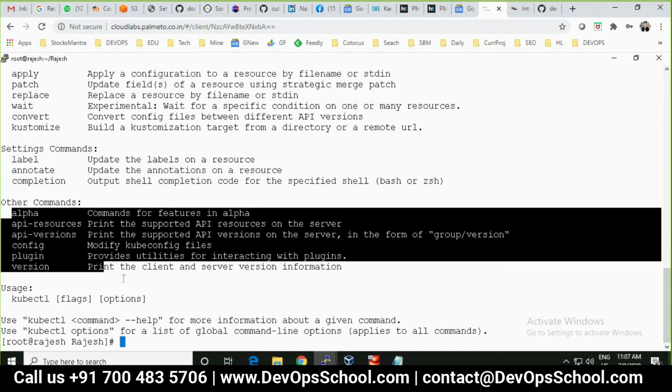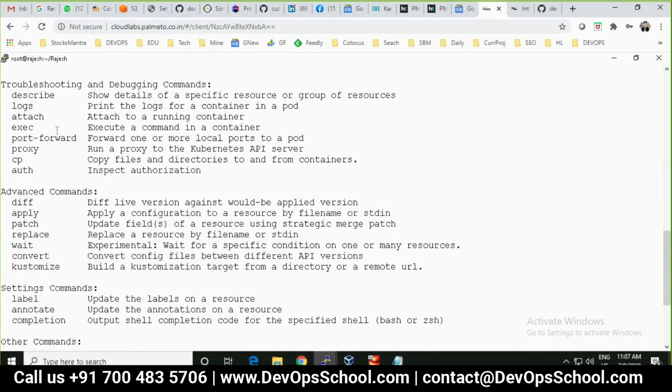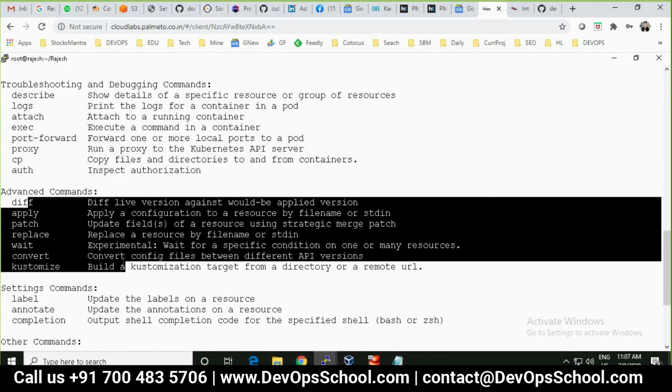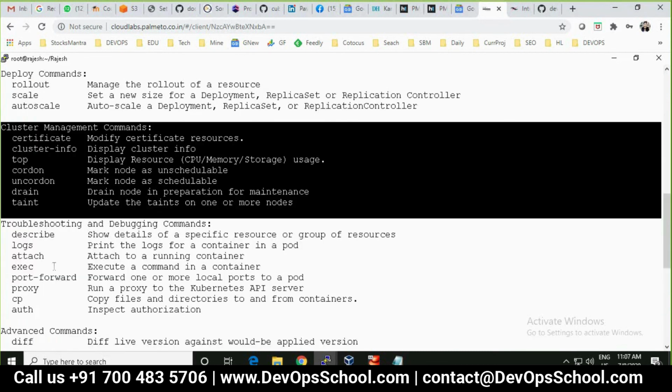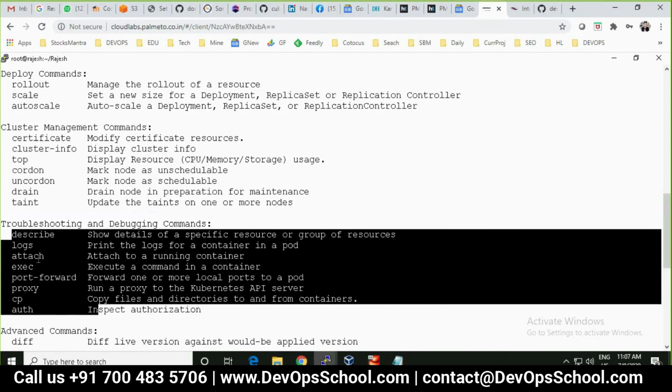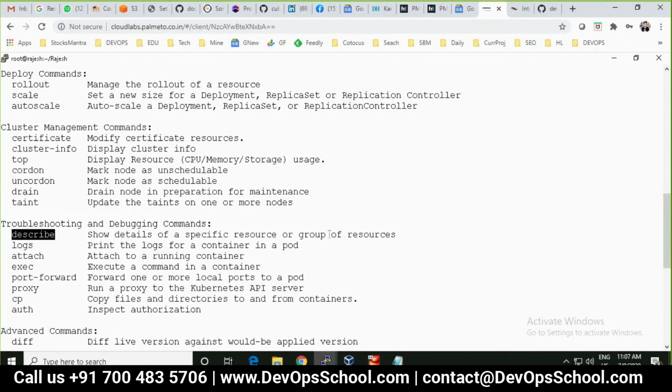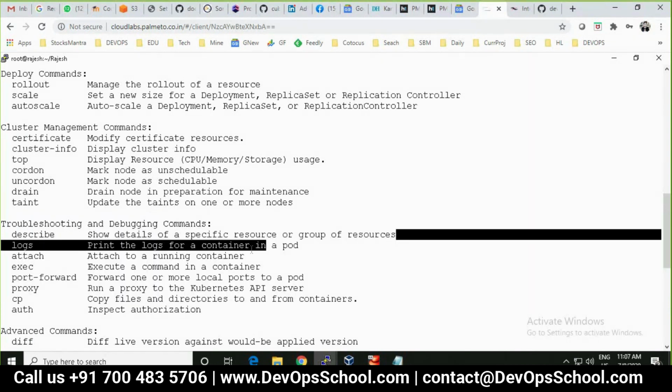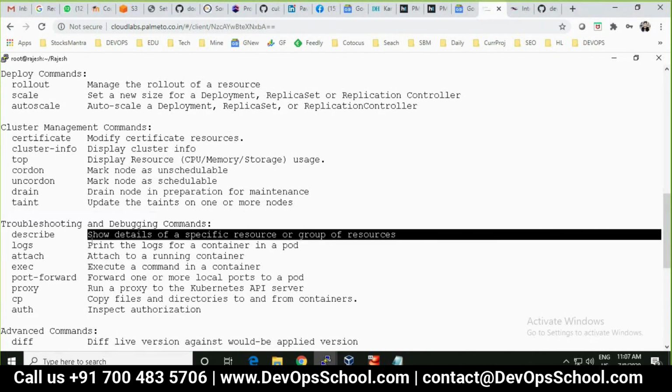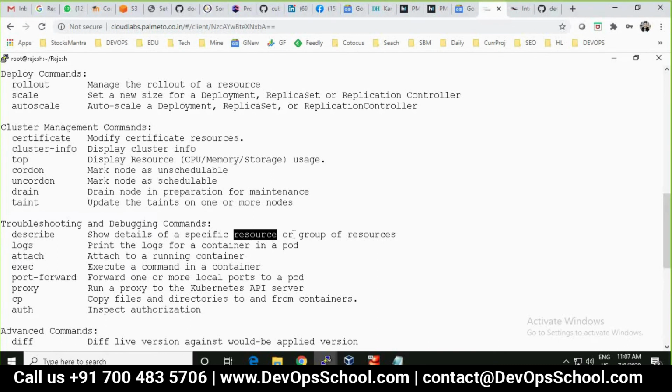Do you have any commands? Describe. Show details of a specific resource or group of resources. So this is a resource detail, used after it is running.